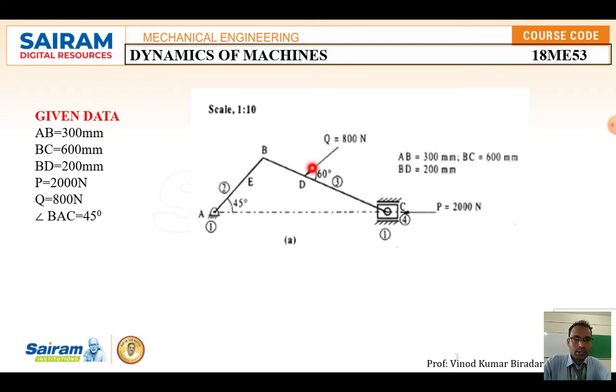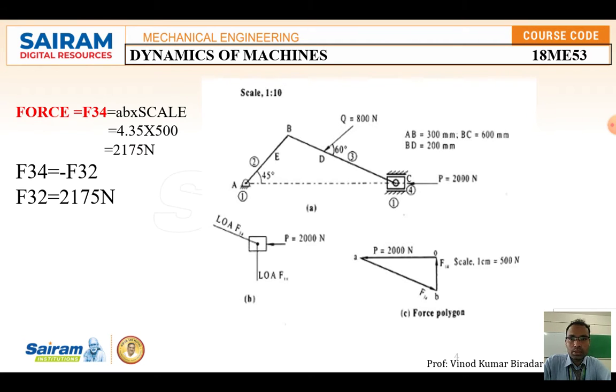Once you draw the free body diagram, you need to find the forces and substitute them in the torque value. Torque, that is moment, is equal to force into distance. You have to measure the height, substitute, and you are going to get the torque value. Now one by one I am going to solve the free body diagrams. Take first the piston.